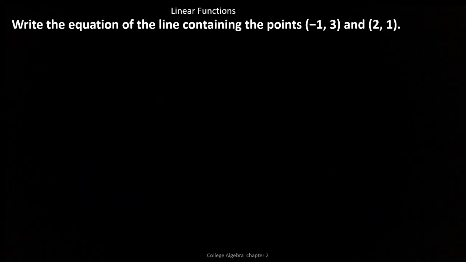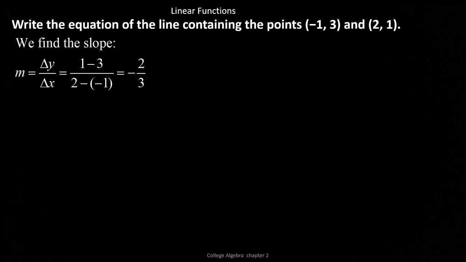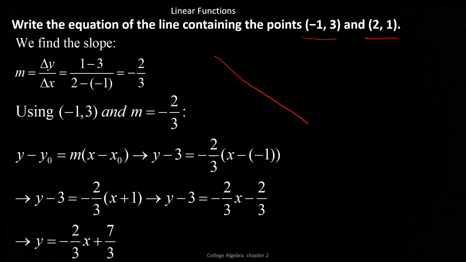So let's look at an example. Write the equation of the line containing these two points. We don't have the slope, but we can find the slope. What's the slope of the line that goes through 2 points? You should be able to find that quickly. The slope is negative 2/3. So we're looking for a line that has a slope of negative 2/3 and goes through both of these points. So we can pick one of them to be x1, y1. Doesn't matter which one. We've got 2 choices. So now we have m, and now we need x1, y1. We can choose this one to be x1, y1, right? And if we do that, this would be the equation,